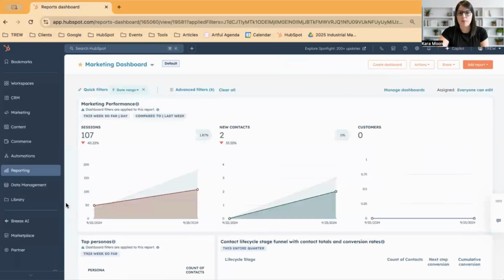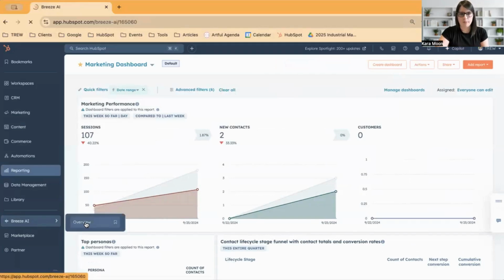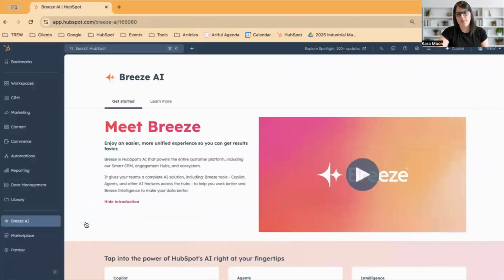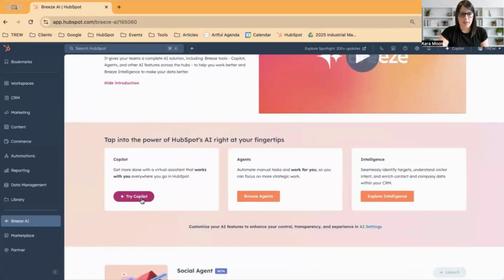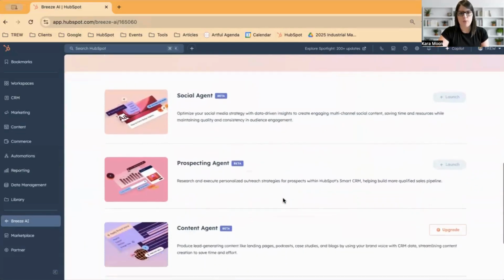Next up, we've got Breeze AI agents. So within the same Breeze AI system, they've released a couple of additional tools that you can find under Breeze AI in the menu options here. So we'll go to Overview. I'm not going to demo these just yet. More videos will come on that. But just to get an idea of what is being offered, you can see a video of the new Breeze AI tools here. As you scroll down, you can also see the Copilot that we just walked through, browse the agents, or explore intelligence. Down at the bottom here is where you'll see the 4 new agents that are powered